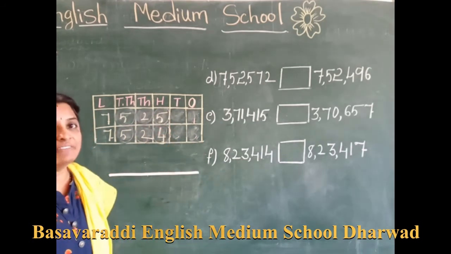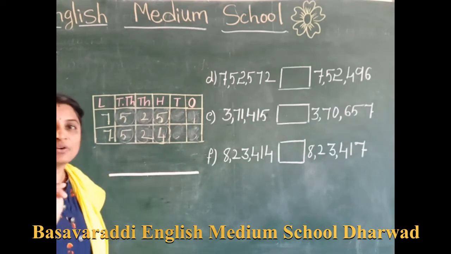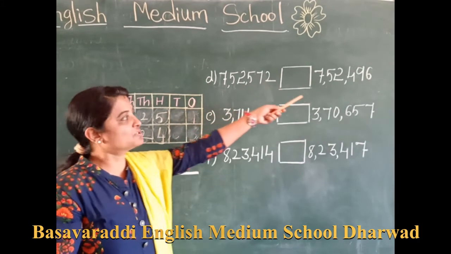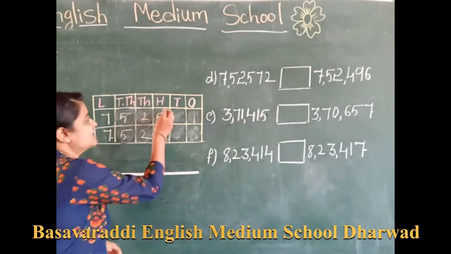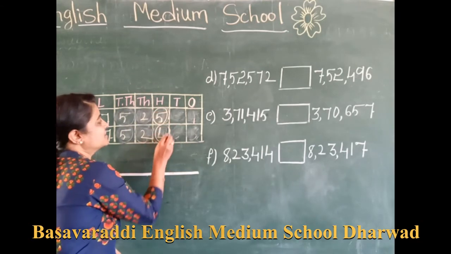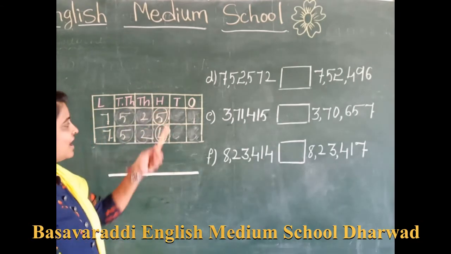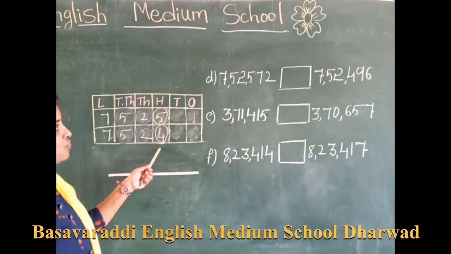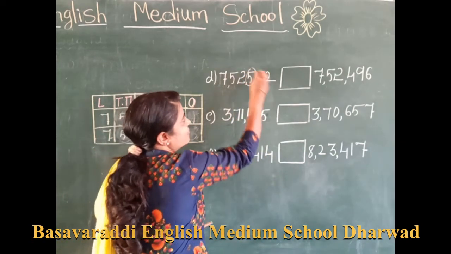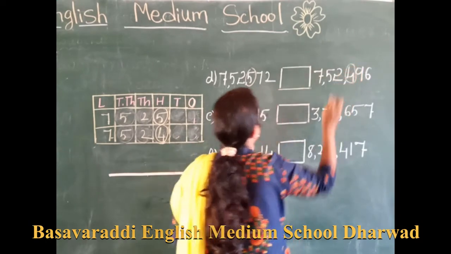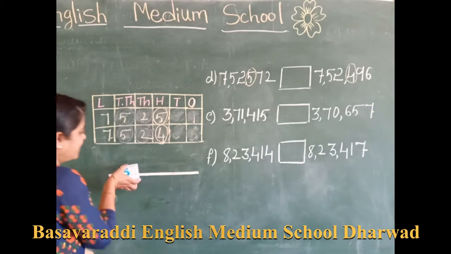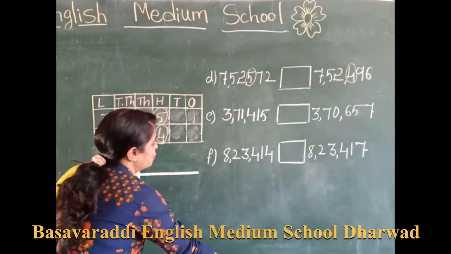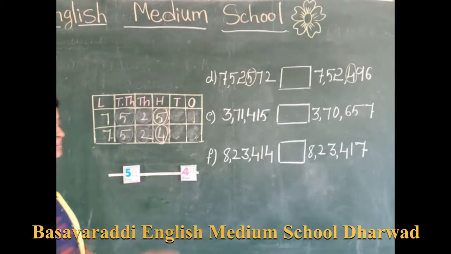What I told? I will stop where I get the comparison. Now here also we got the comparison in the 100 place itself. Then we will stop over here only. See here, in the 100 place we got different numbers. Then we are comparing the 100 place here, 5 and 4. Now tell me which is the big number here. The big number is 5.